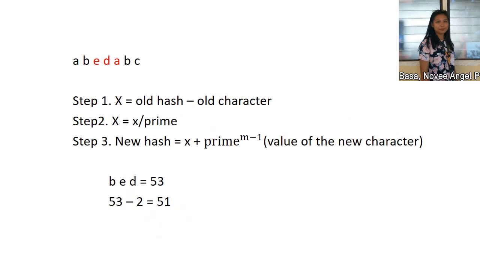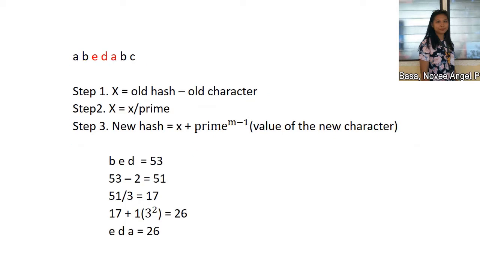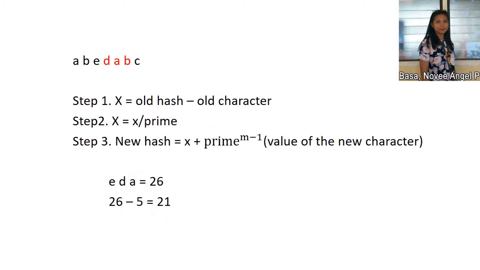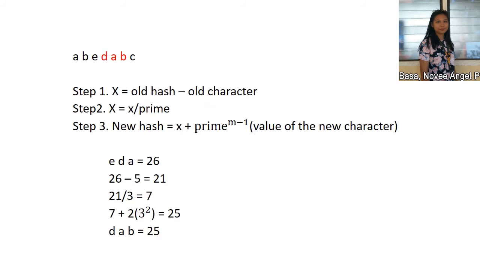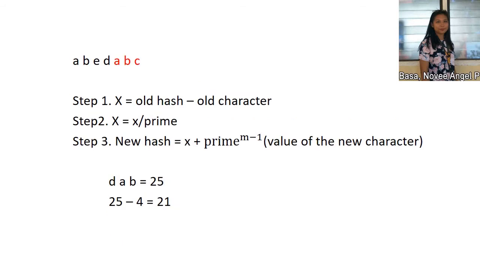Now let's get it for EDA. First, we subtract the value of B, then divide by the prime number. Then we add the value A times the prime raised to the pattern length minus 1. 26 is the hash of EDA, which is again not the same as the hash of the pattern. We will move on to the next. We do the same process for DAB. 25 is the new hash, still not the same as our pattern, so we move on to the next, A,